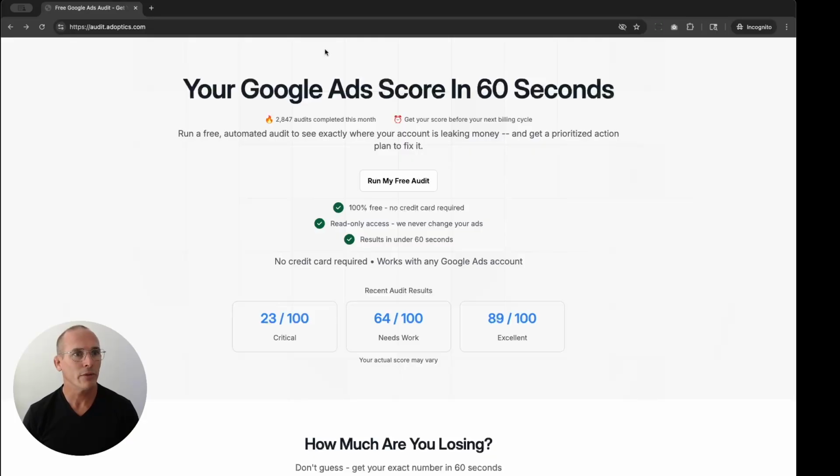Just want to share with you a new tool release. It's a Google Ads audit tool. It runs an audit in less than 60 seconds. It uses the Google Ads API, and the way you can do it is go to